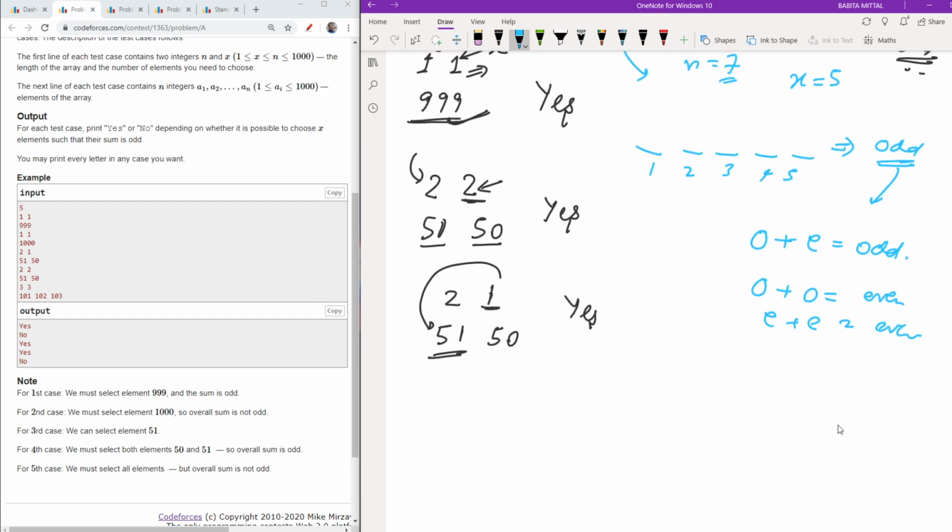From this I get my intuition. Ultimately what I want is to have the sum as odd, which means I need to have one thing as odd. Let's suppose I have an odd number here. Be sure that you place an even number in the next position, because if you place an odd one there, it will not become even and it will harm the odd which is available here. So I need to make it even.